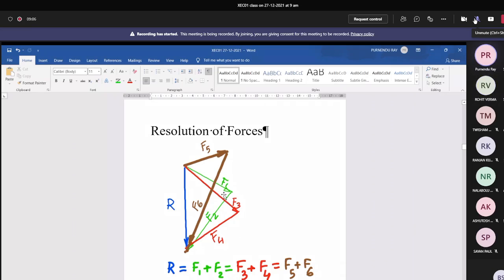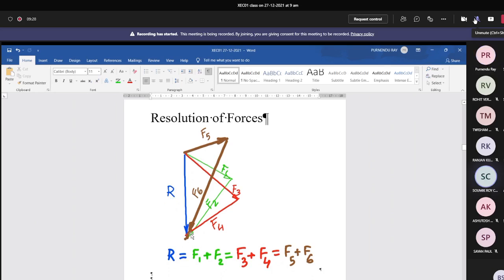Yes, sir. Now, very important: that is not Lami's theorem. Lami's theorem is represented in some other form using the sine laws, where those angles are not the included angles between the forces or these three sides, capital A, capital B, and capital C. Yes, sir, this is the sine rule, but it was present in the properties of triangles.